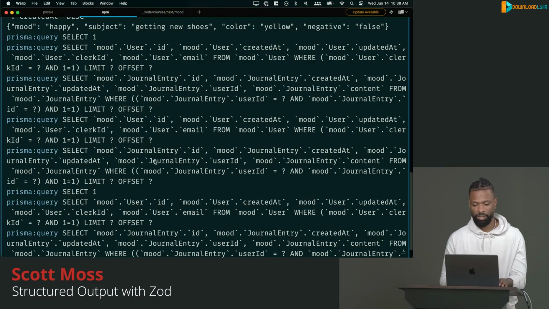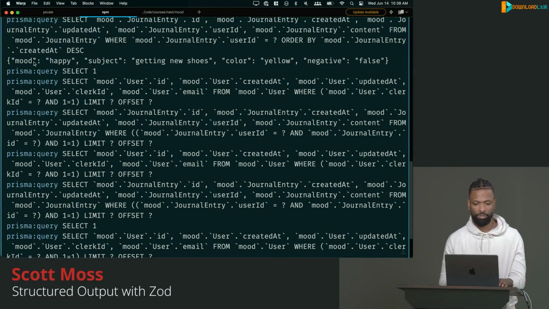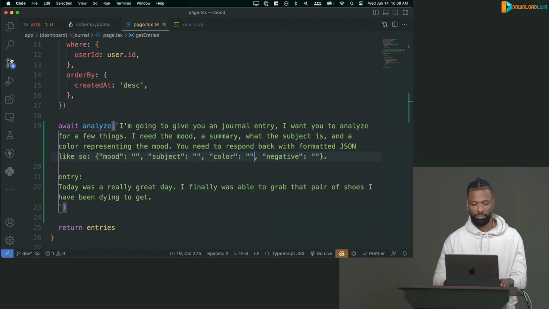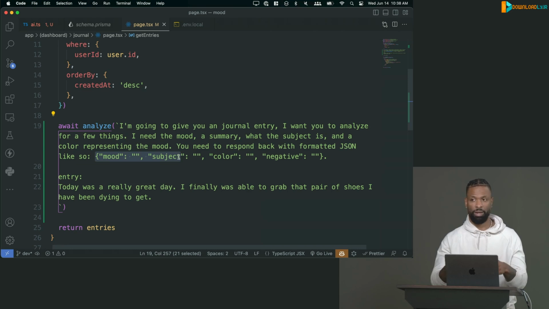But as you can see, when it does work, we are getting back those things. So now we just got to find a way to keep this consistent, parse this, extract it, and then add it to our database. So going down that thought of basically giving it a schema, we're going to use some JavaScript schema library to create the schema for us and then create this prompt for us so we don't